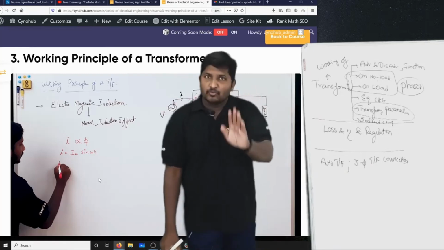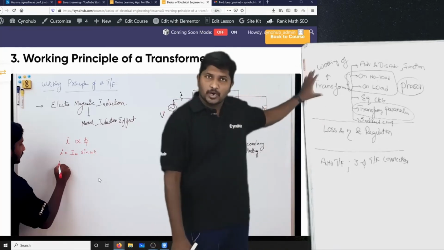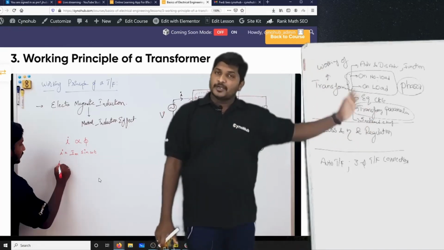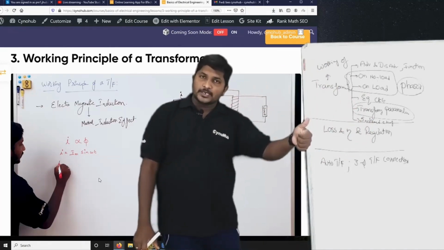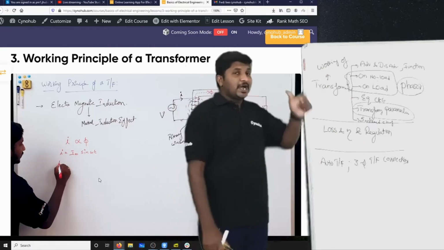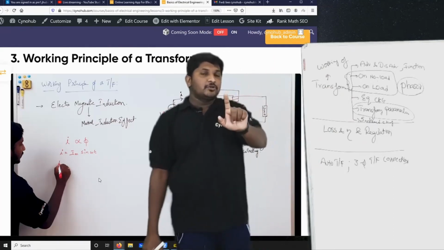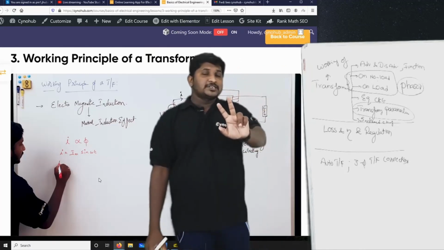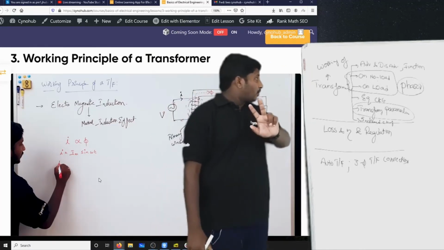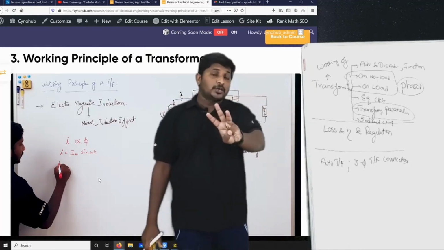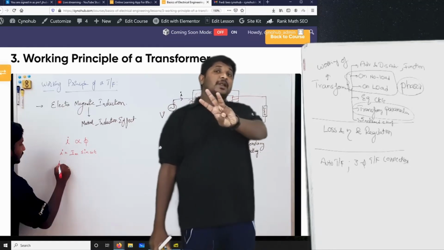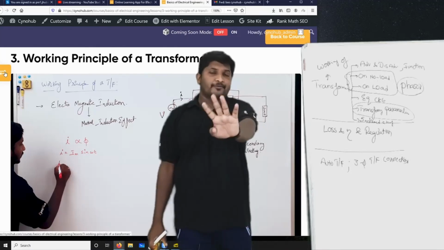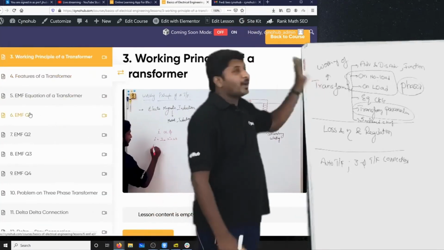Okay, now what are the model questions from part 1? First model question, working or operation of a transformer on no load case and loaded case. Second model question, derivation of induced EMF. Third one, what is the necessity of a transformer in a power system. Fourth one, numericals based on referring parameters. And fifth one, numerical based on induced EMF. So totally 5 models from part 1.